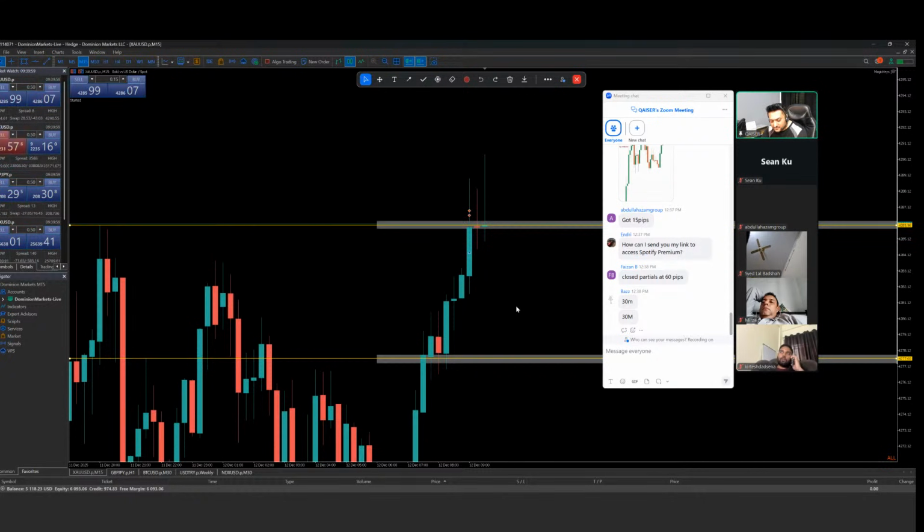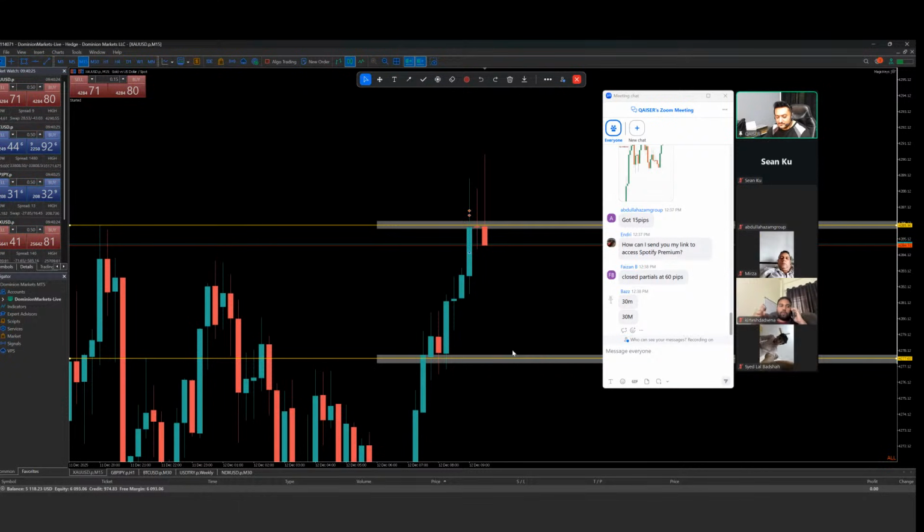Look at the rejection. So it will be better to wait for the candle to close. Yeah, great, it's pushing to the downside. It will be better if it comes down, creates some support, and gives some confirmation candle. So there's a higher probability you're going to grab some chunks there. Very high probability.